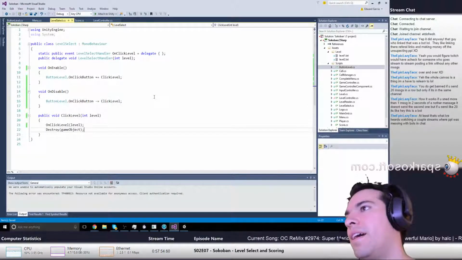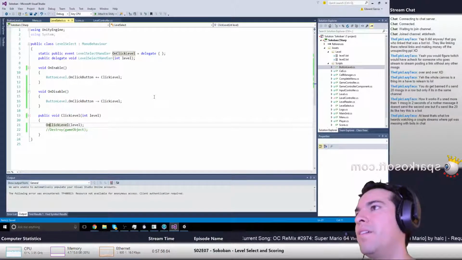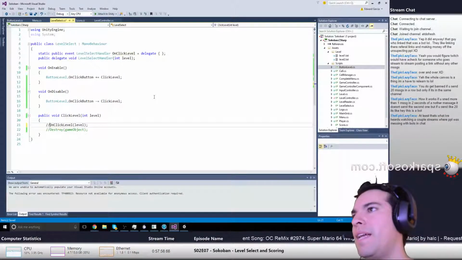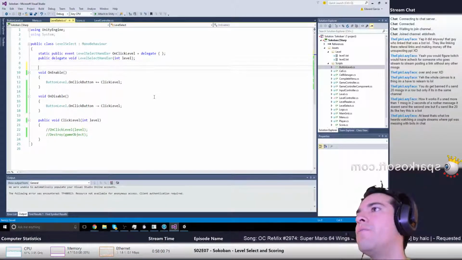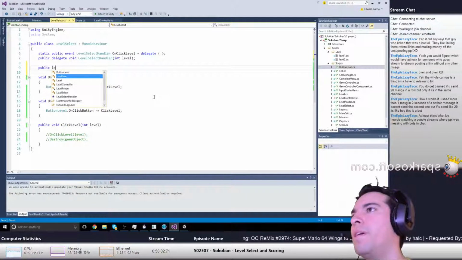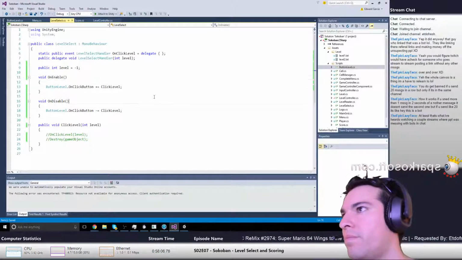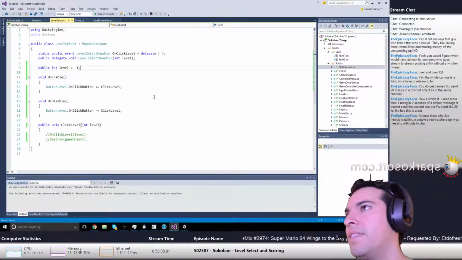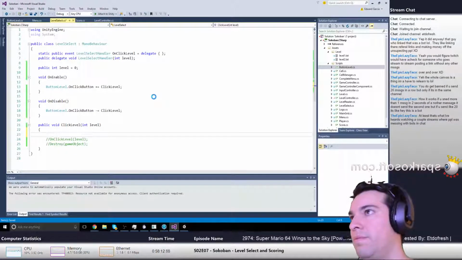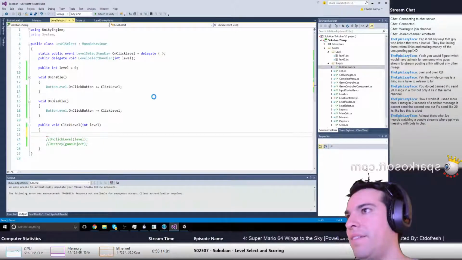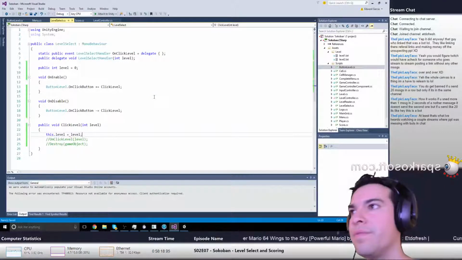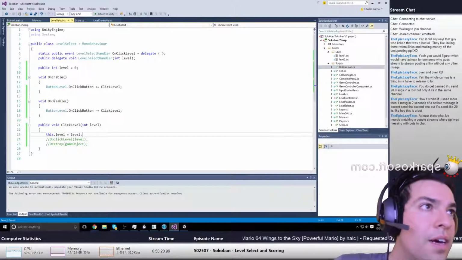Okay, I'm not going to destroy the game object though, and I'm probably not even going to do this. Right now, I just want to see what you give me. So public int level equals -1. Actually, let's not even do that. 0. Then I'm just gonna say, hey, this dot level equals level. Alright,